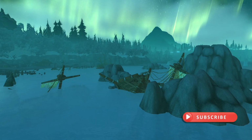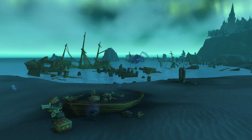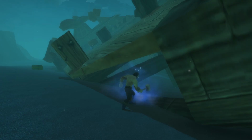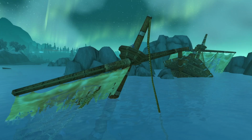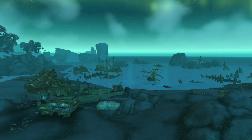Number 4 is the Forgotten Shore. And no, I didn't do that because it rhymed, but it did work out. The Forgotten Shore is located on the far southeast edge of Dragonblight and is perpetually shrouded with mist. The natural bay is choked with the disintegrating wrecks of ships, the sands littered with shattered wind-worn wood, and many